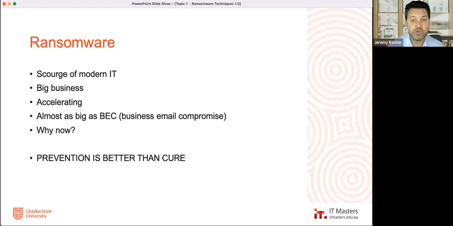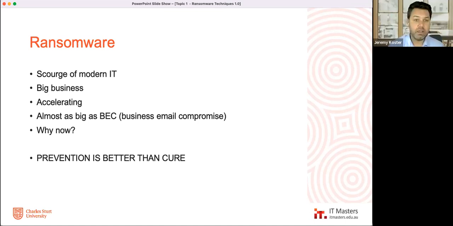So the prevention of ransomware is better than the cure. The cure is to remediate afterwards, to clean up that mess, and all the other things that come with it, with auditing, with investigations, even with law enforcement. So it's very important to consider prevention. This is the principle I'd like people to consider as we go through this course: all the things we could do beforehand to prevent the ransomware from taking hold in your organization.